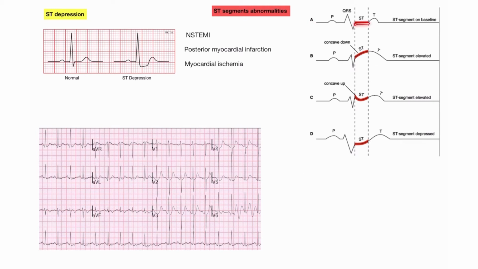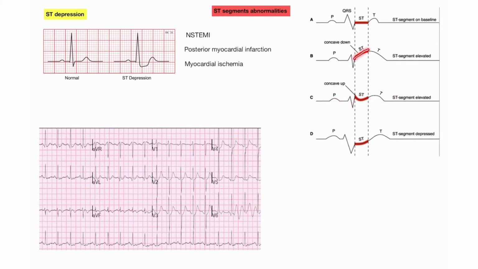This is the normal ST segment. In the normal ECG, you will see the ST segment like this, but in the abnormal, when there is ST segment elevation, some are confused. Some students think that this is ST depression, but it is not ST depression, it is ST elevation. This is the baseline in every ECG. If the ST segment occurs above this, then it is called ST elevation. When it is below this baseline, then it is ST depression.